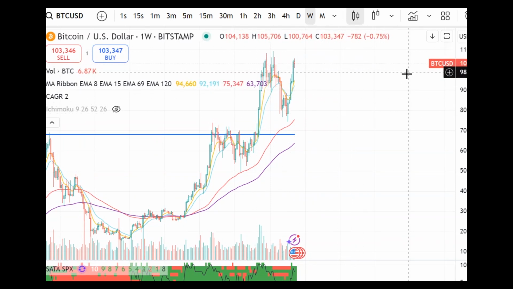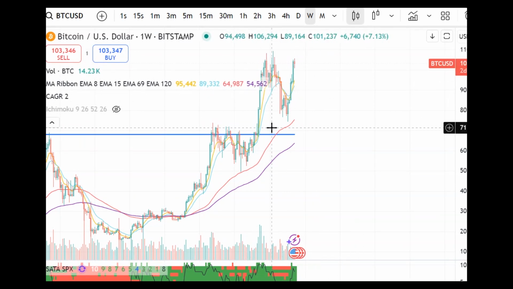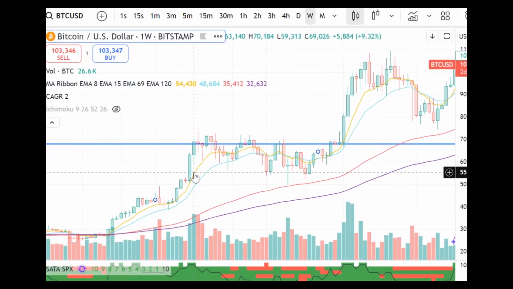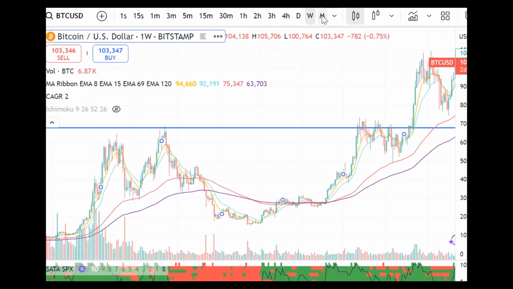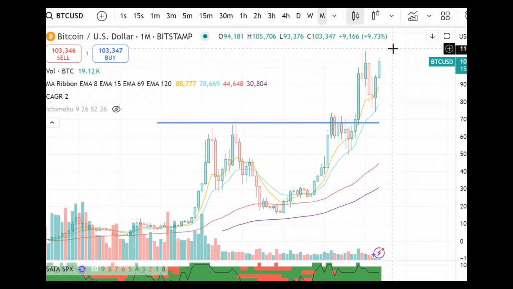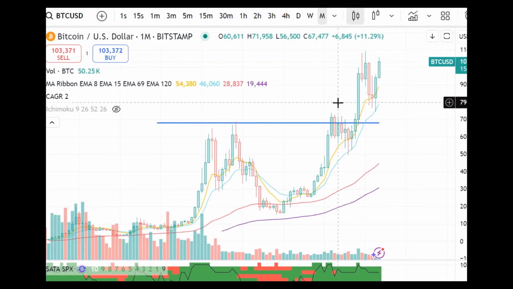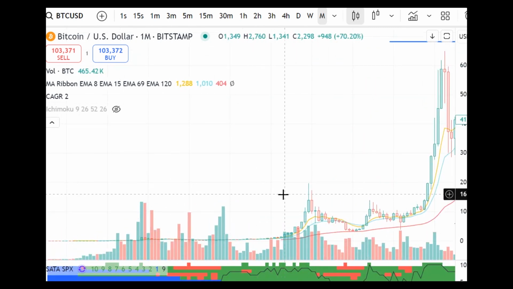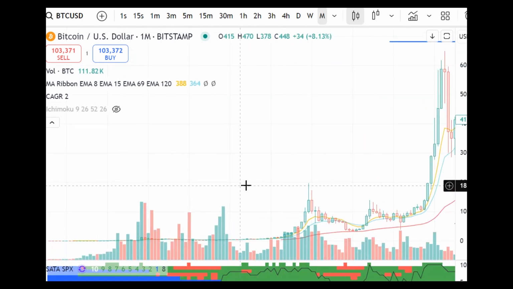Bitcoin could bounce around for even a year or two still here, but it looks like it's got a long way to go on this upwards trajectory. In fact, let's look at the month. So you see where it's going. Yeah, good thing I didn't buy it in 2013 or whenever it came out.